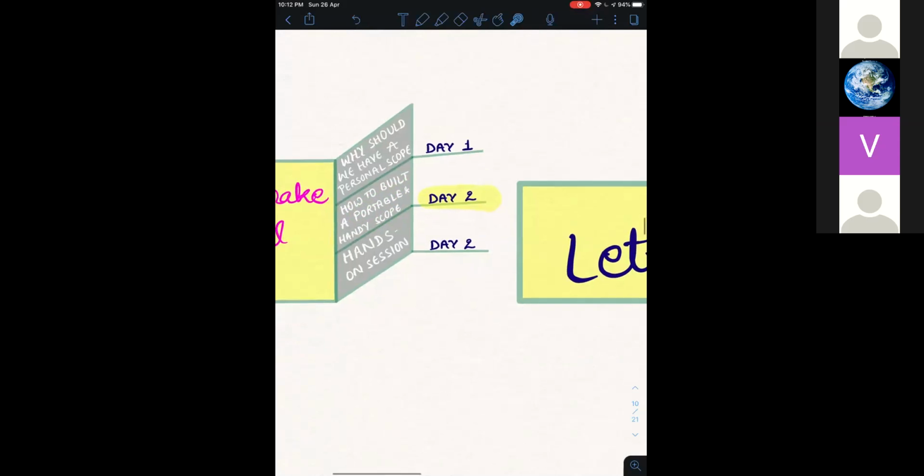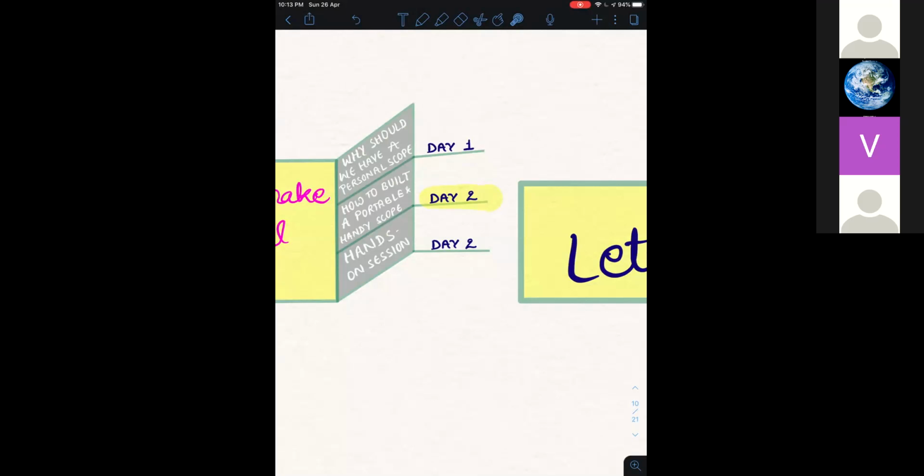First of all, we will try to explore how we can make that oscilloscope, and after we learn how to make it, we will do a hands-on session on this oscilloscope. I will be happy if all of you students have installed the scope software, the link of which we have given on Slack.